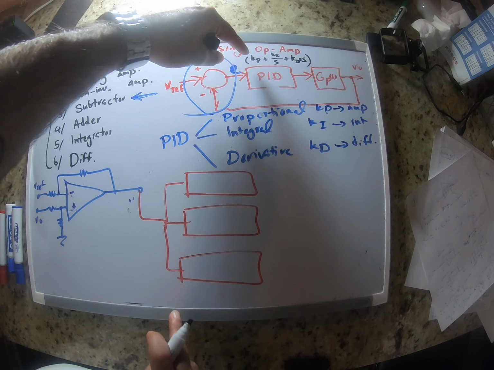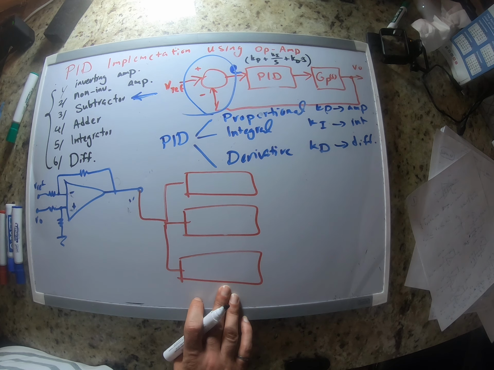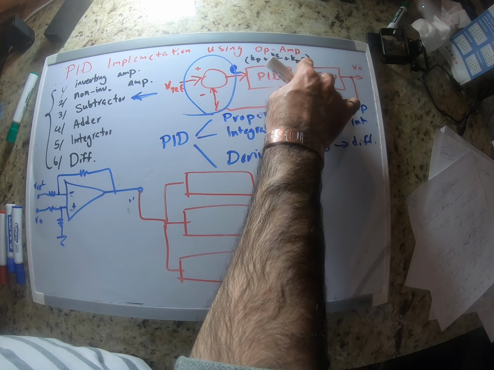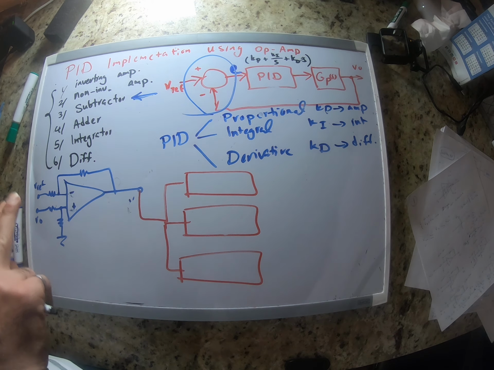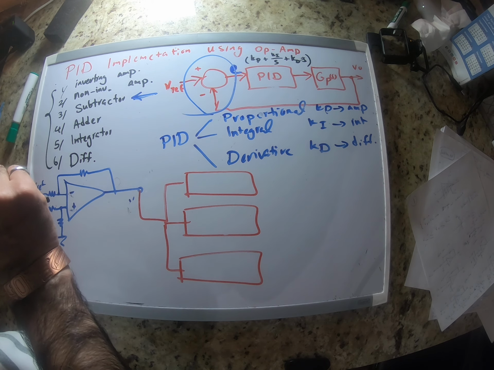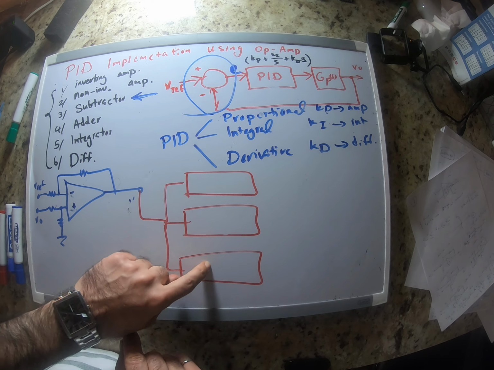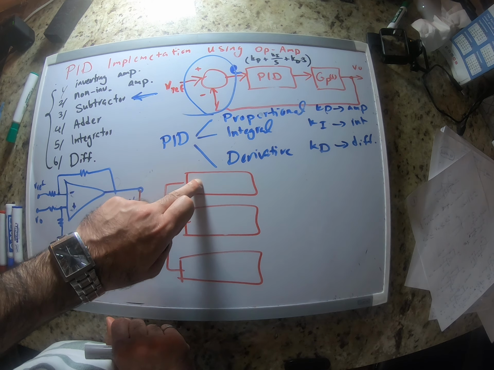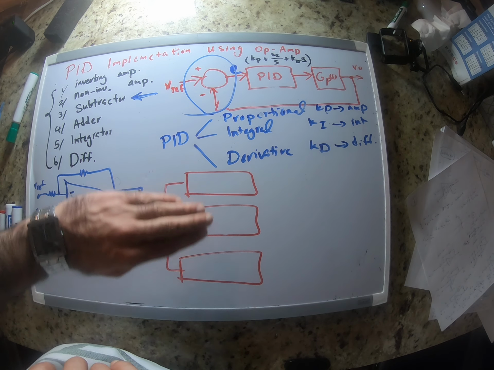So let's do these terms separately first. Remember that the integrator and differentiator take the integral and derivative of a signal, but with a negative coefficient. Because it has a negative coefficient, I'm going to use an inverting amplifier for this one to have all of them with negative